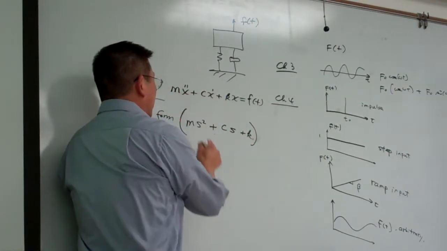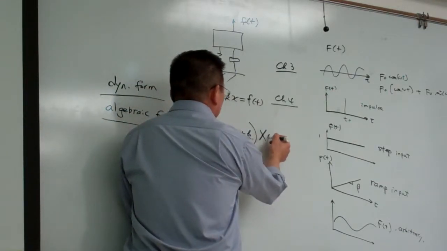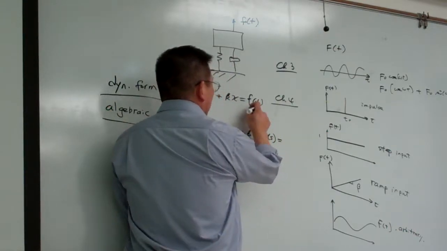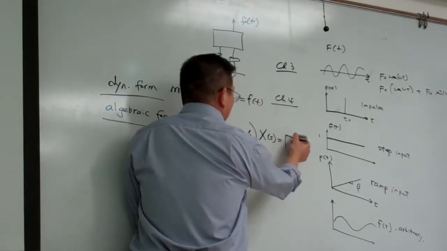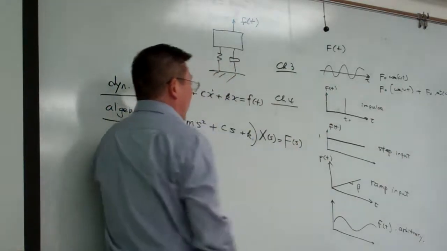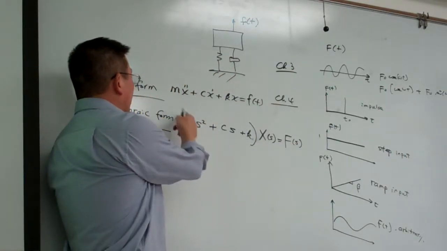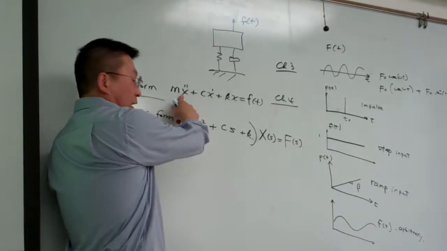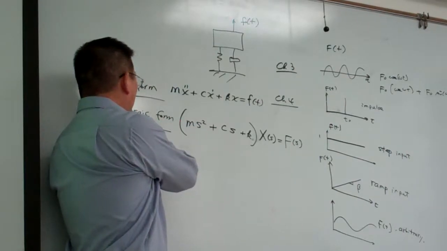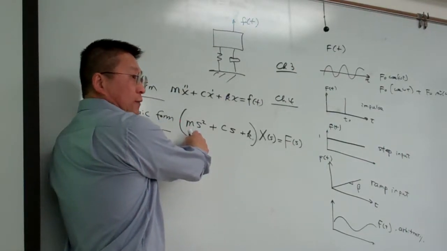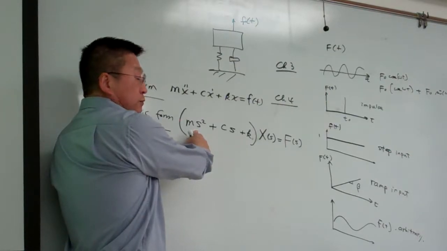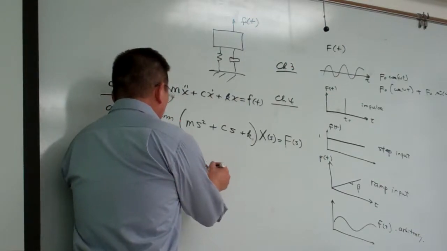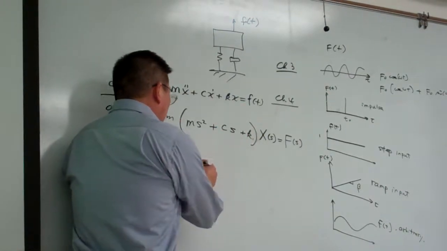And then how to deal with the x? You simply replace x with the function of s. This is called the time domain, that means all the parameters are governed in time. This one is in algebraic form. We call it the S domain. So basically, you can see x double dot converts into algebraic form as